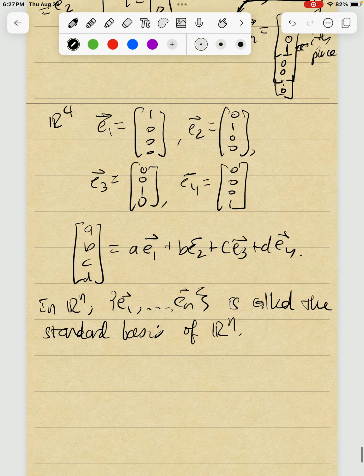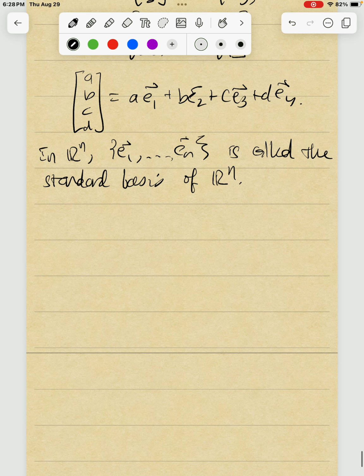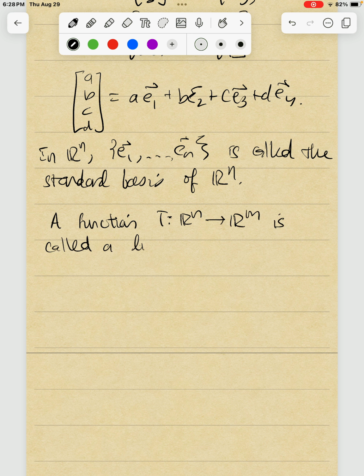Okay. And you have maps. So once you get familiar with Rn, there are functions from Rn to Rm. And the ones that are of interest in linear algebra are the so-called linear transformations. So a function T from Rn into Rm is called a linear transformation